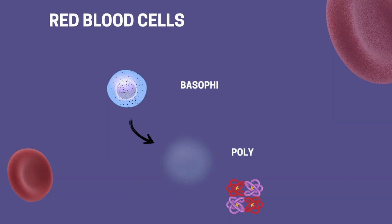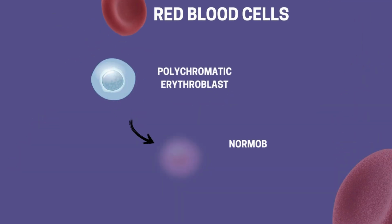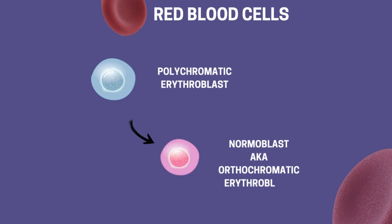As the cell progresses to the polychromatic erythroblast, hemoglobin synthesis increases significantly, causing the cell to take on a mixed staining pattern in the color gray-blue. The nucleus begins to shrink in preparation for removal. Next, the cell becomes a normoblast, or an orthochromatic erythroblast. At this stage, hemoglobin content is nearly fully developed, and the nucleus is expelled, making the cell enucleate for the